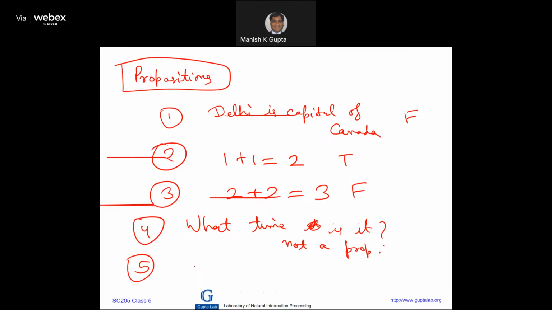Another example, if I take x plus 1 is equal to 2, is it a proposition? No, because,